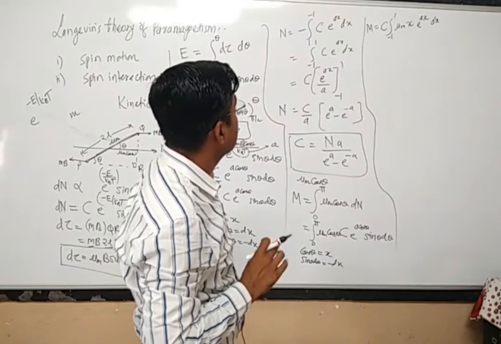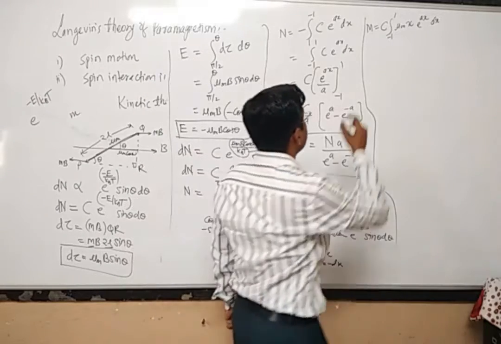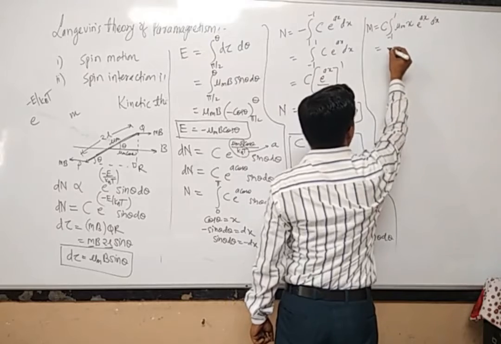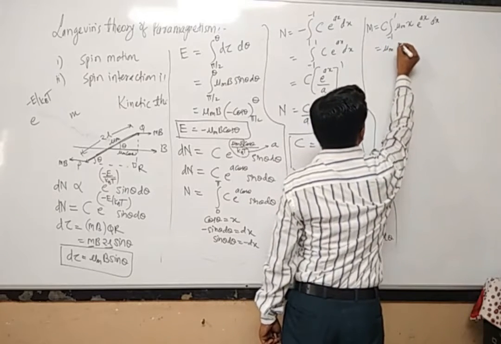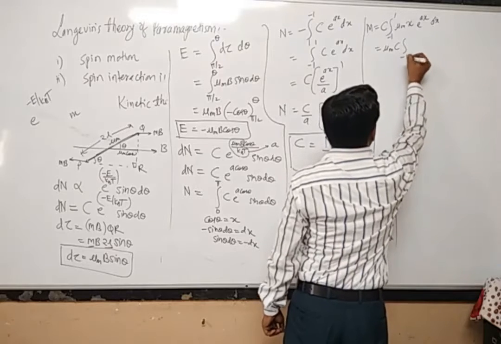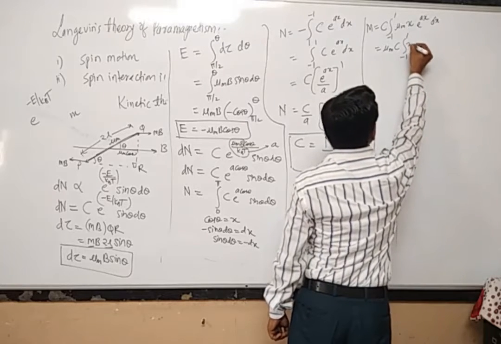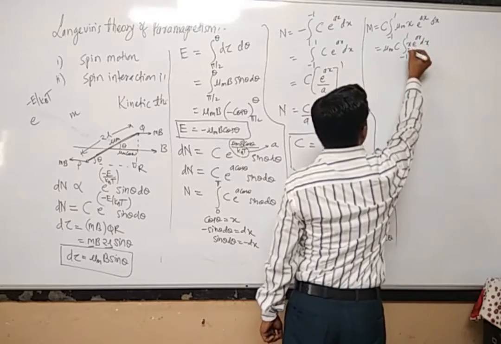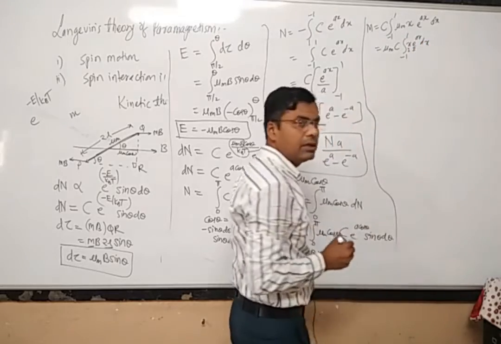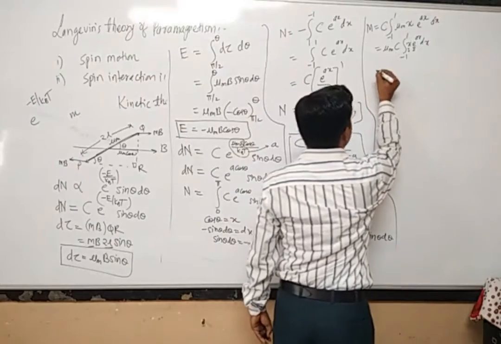So this will be the equation now. Again in this equation, this μm is a constant, the magnetic moment associated with an individual dipole. So μm into c, integral from -1 to 1, x into e raised to power ax into dx. So this is the first function, and this is the second function. Let us solve the integration.